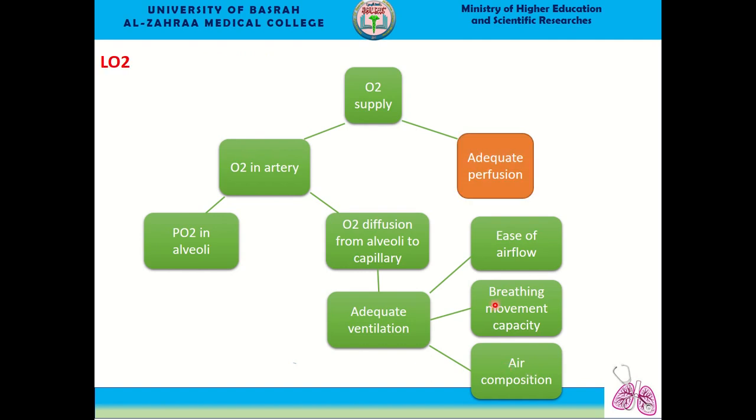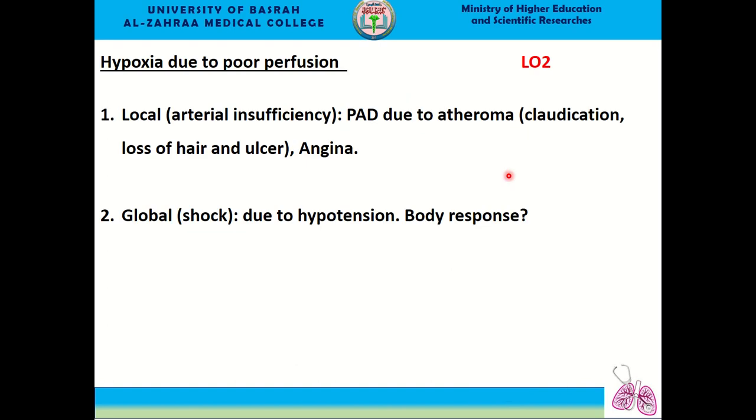So let's start talking about adequate perfusion. We said that oxygen supply to the tissue depends on the presence of an adequate amount of oxygen in the artery, and the presence of adequate perfusion, a good blood supply to the tissue. So hypoxia due to poor perfusion depends on the following two factors. First of all, local, and second is global perfusion. So the local perfusion,